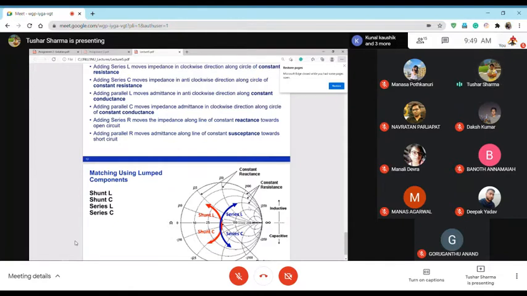Admittance, right? 1 over Z is Y. So Y has a conductance circle and a susceptance circle. Impedance has a resistance circle and a reactance circle. So if you have a shunt or a parallel element, you can have a parallel L and a parallel C. Of course, as your inductance, now you see you have an L, so j 2 pi f L, 1 over j 2 pi f L.